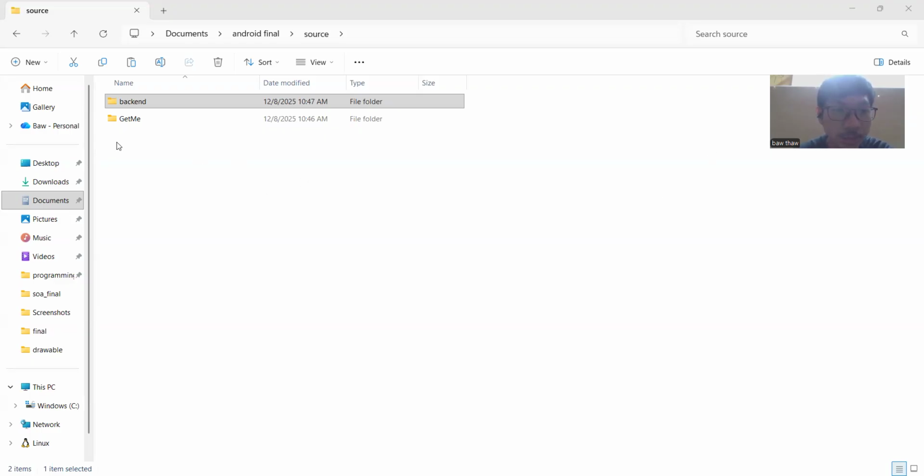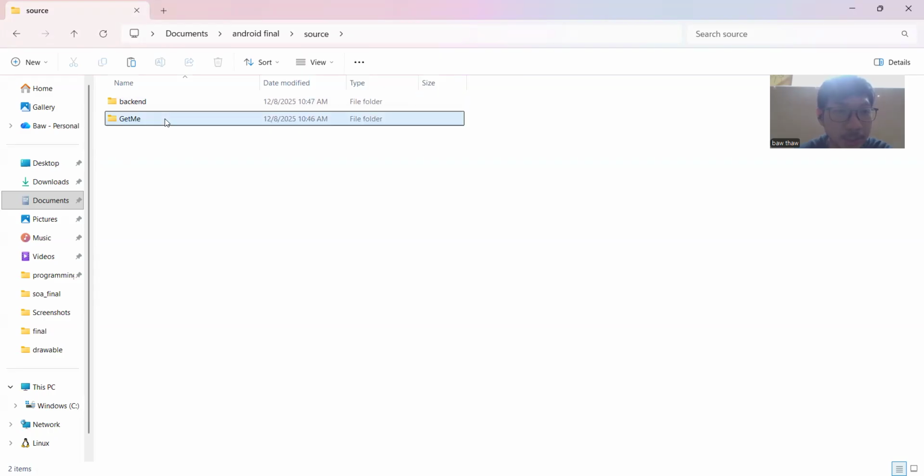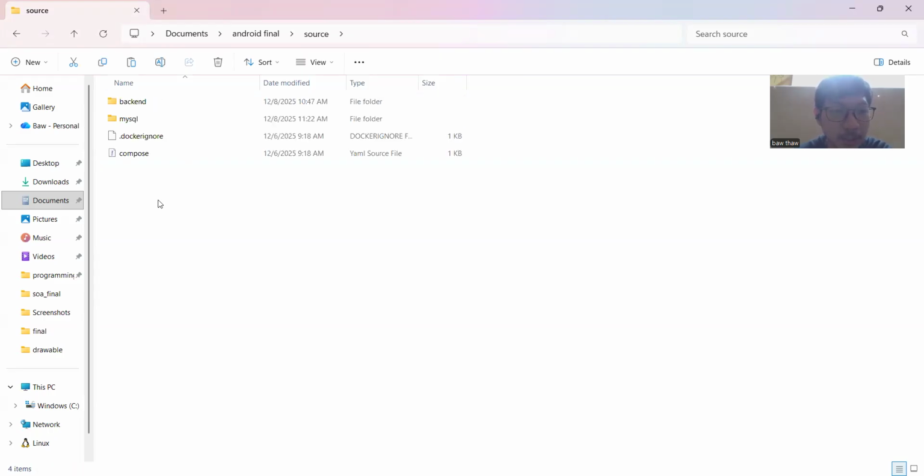So in this class, we have developed a clone of Grab, which is a ride booking application. And then we have two parts: the Get Me, which is the actual application, and the backend, which is our containerized backend. So to run this, you want to open the terminal, and then you want to type in docker